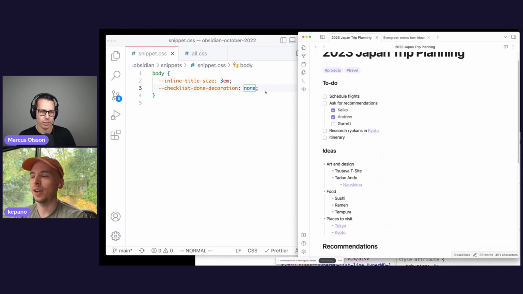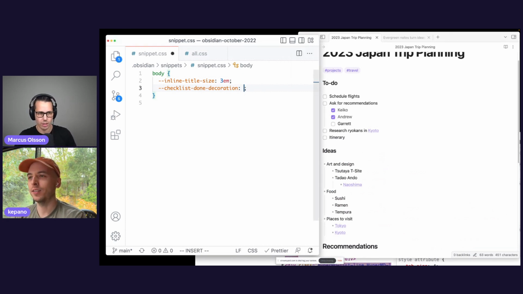You could also give it a different name. Try wavy. This is a new one that I've never seen before. Does that work? No, maybe it doesn't. If you ever want to know what the available values are, you can go to